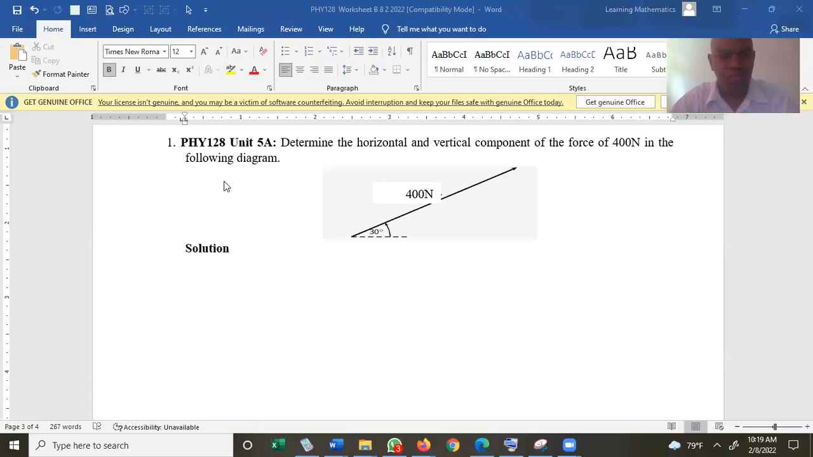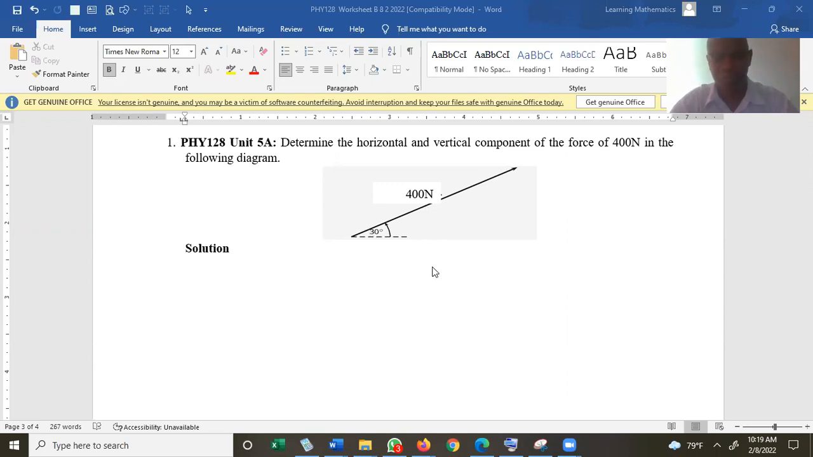Assignment B number 1 says, determine the horizontal and vertical component of the force 400 newtons in the following diagram. So we have 400 newtons going in this direction, and it makes 30 degrees to the horizontal. So this dotted line can be called the horizontal. Okay, so what we can basically do is to